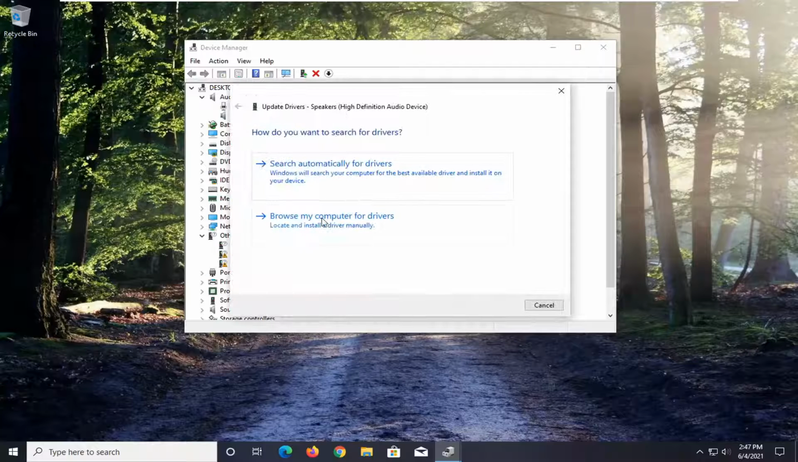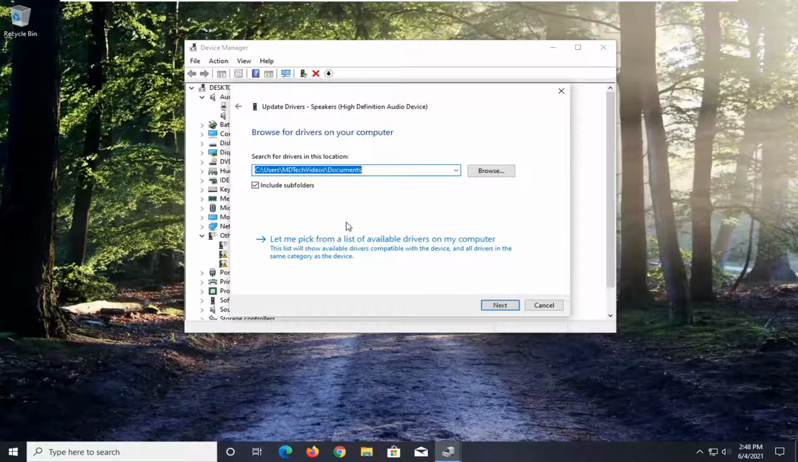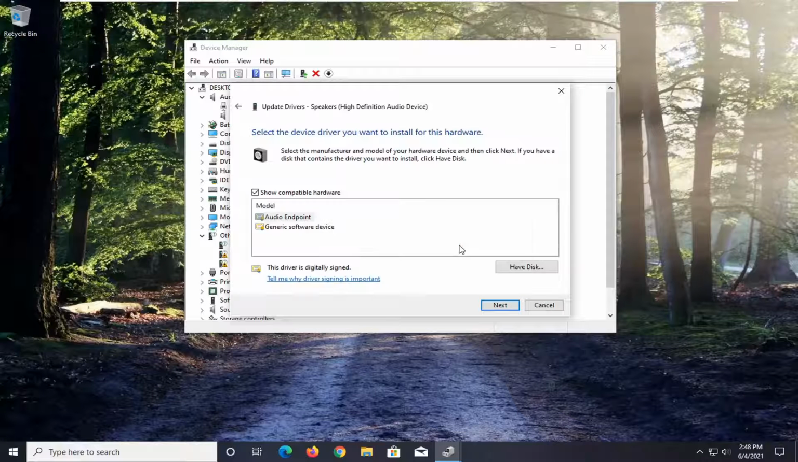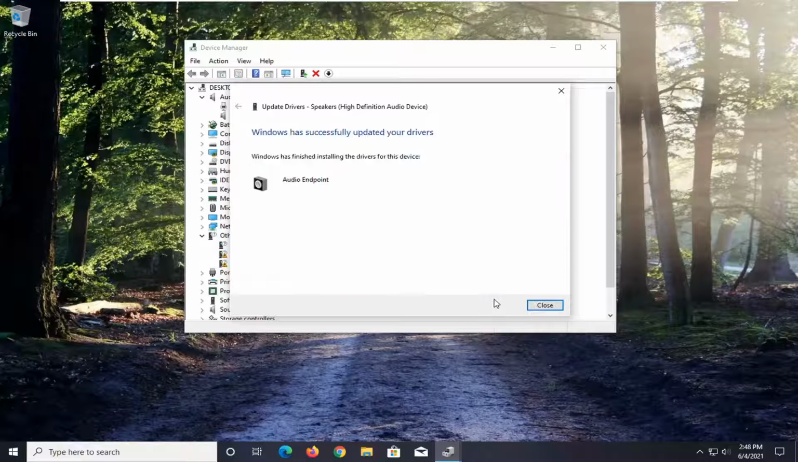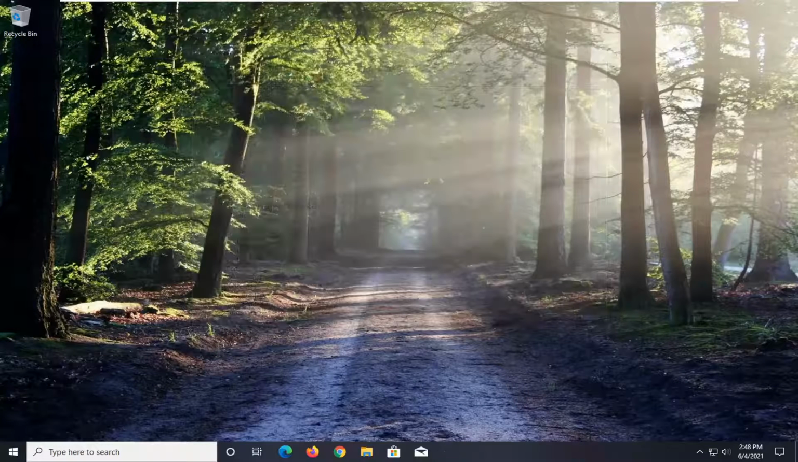update driver. Select browse my computer for drivers, and then select let me pick from a list of available drivers on my computer. If you have a specific one, I recommend going with it. Otherwise, if you only had a generic listing, you can go with that one as well. But I usually recommend going with the manufacturer specific one, and then you want to select next. Once it's successfully updated, you can select close out of here, restart your computer, and then hopefully your issue should